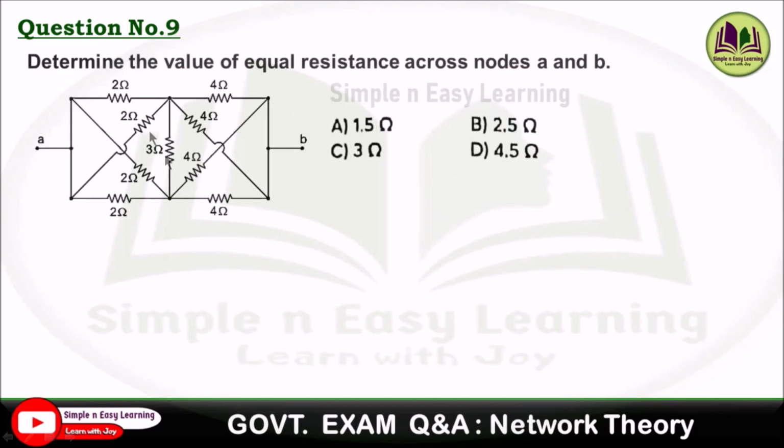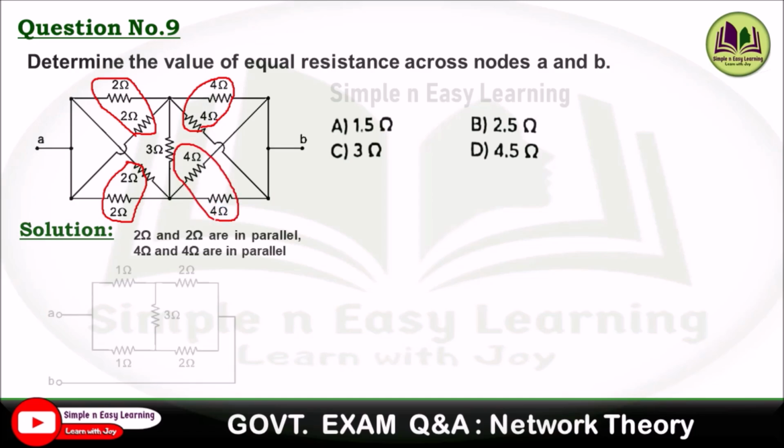Question number 9. Determine the value of equivalent resistance across nodes A and B. These are the options specified. By observing the diagram, we can see this 2 ohm and 2 ohm are in parallel, and this 2 ohm and 2 ohm are in parallel. So the parallel combination of these two is 1 ohm. And here this 4 and 4 are in parallel, this 4 and 4 are in parallel. So the parallel combination is 2 ohm. So the circuit becomes like this, 1 ohm, 1 ohm, and here it is 2 ohm, 2 ohm,